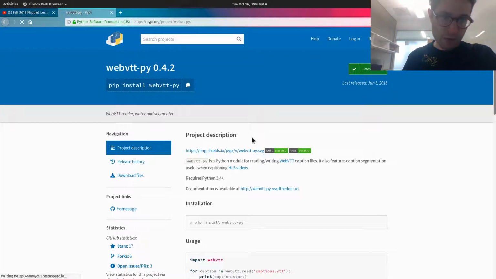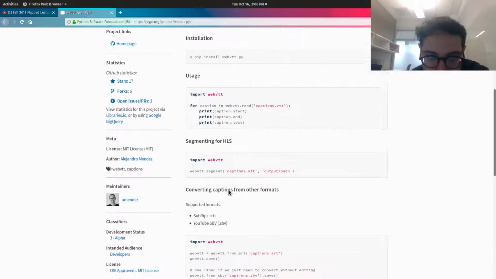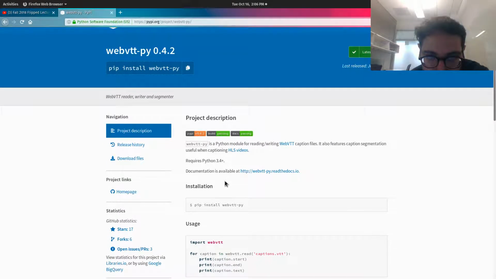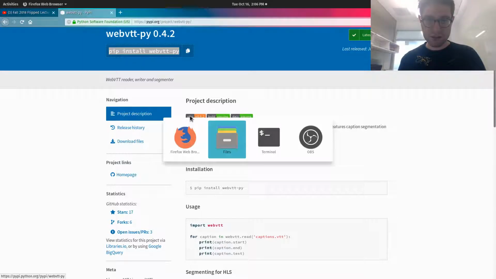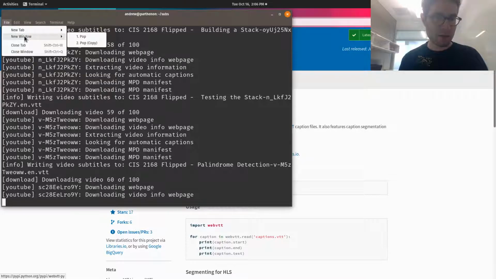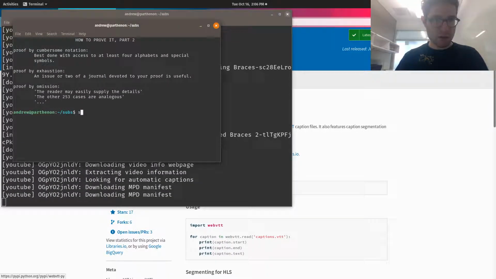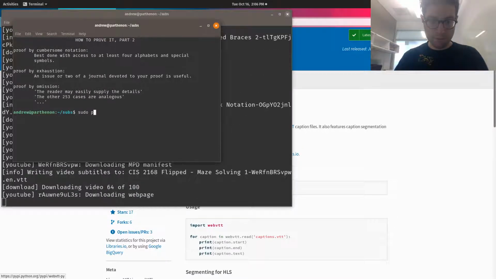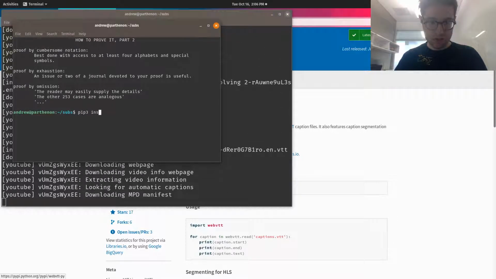Here's the library for reading and writing. It looks like exactly what I want, which is it can read a caption file, print the captions, the start, the end, and it can do the text, apparently. I haven't tried it out, but we're going to have to try it out. So this is a library, so I'm going to go ahead and grab it. It requires Python 3, so we are going to go ahead and install it. So let's open up a new window. Okay, so sudo pip, let's see, actually, can I do pip3 install